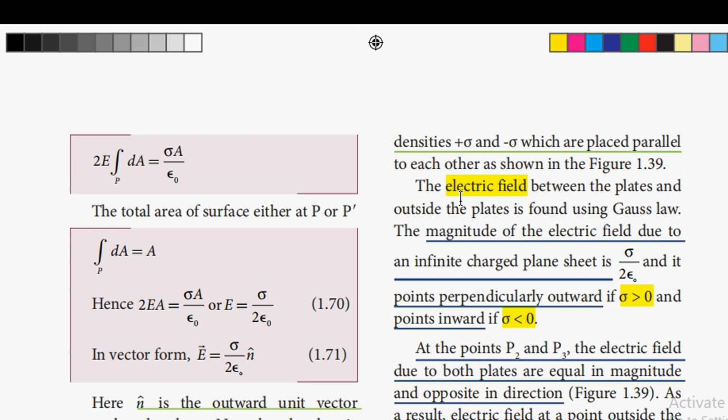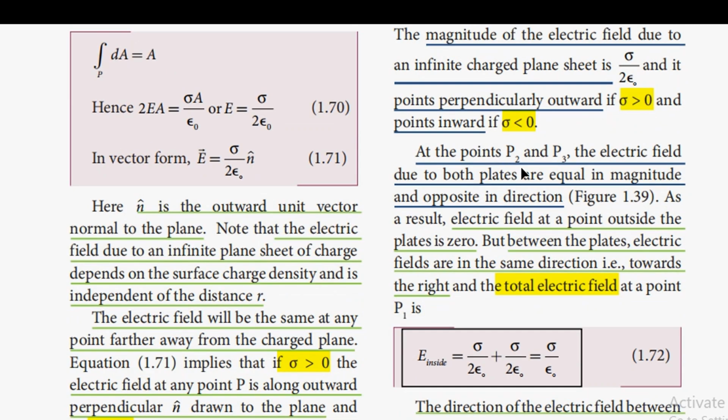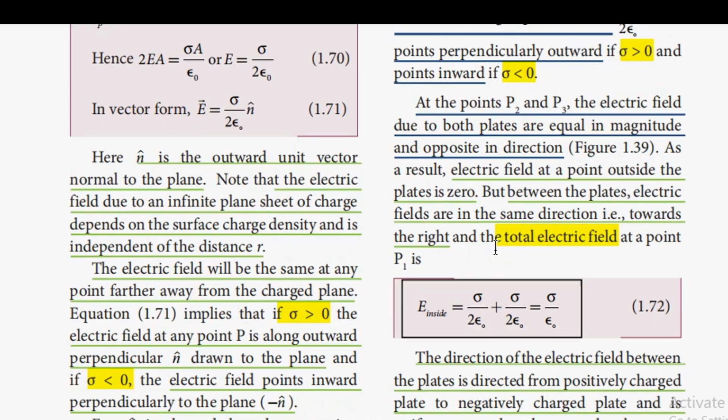The electric field between the plates and outside the plates is found using Gauss law. The magnitude of the electric field due to an infinite charged plane sheet is sigma by 2 epsilon naught, and it points perpendicularly outward if sigma is greater than 0 and points inwards if sigma is less than 0. At the points P2 and P3, the electric fields due to both plates are equal in magnitude and opposite in direction. As a result, the electric field at a point outside the plates is 0, but between the plates,